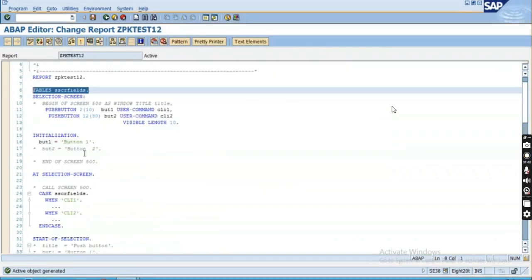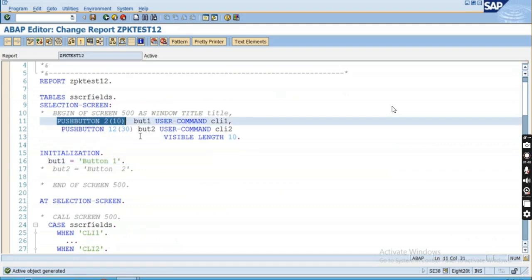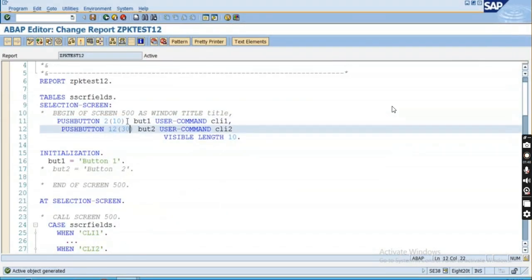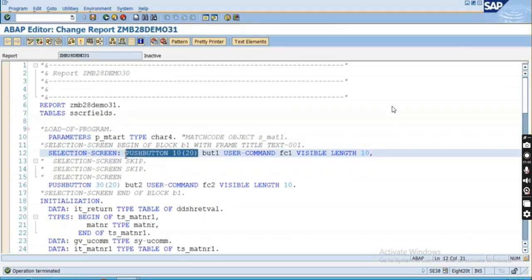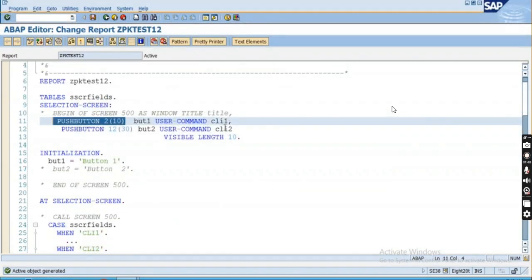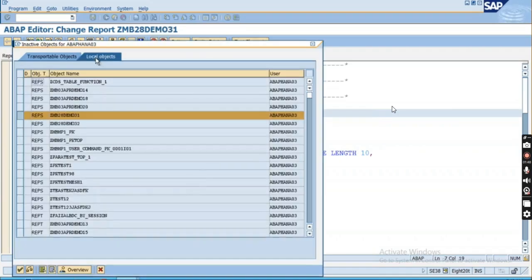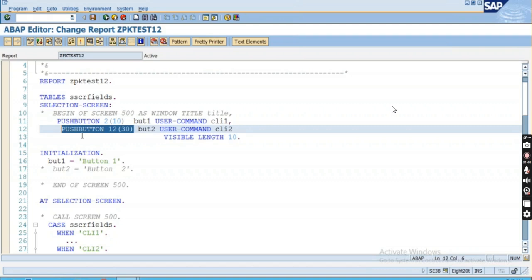If you just compare over here, help me to compare. Here you can see that push button 210 is given. So suppose I also give push button 210, the same I'm going to use over here. And the user command FC1. Here they have given another user command. Let me check, and if we give this one like this,